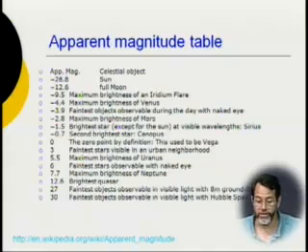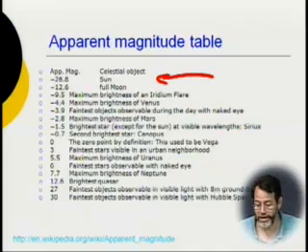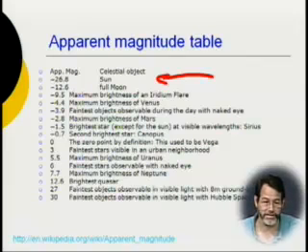Let's look at apparent magnitudes. What's the brightest thing around? The brightest thing around is the sun. The sun is so bright it is technically minus 26.8. Really, really bright. Again, don't look at the sun, or that's pretty much it for your eyes. The next brightest thing around is up half the time. The sun is up half the time. Half the time it's down.